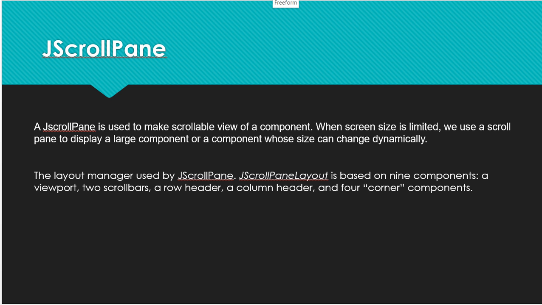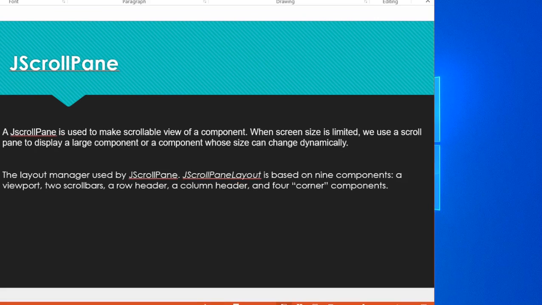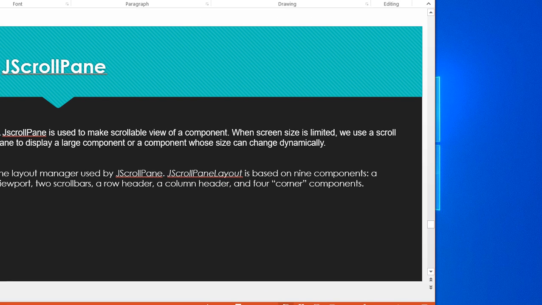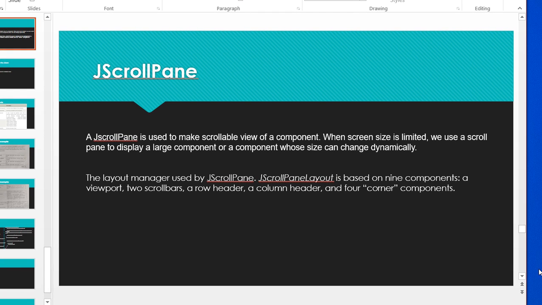So for instance I will show, this is a PowerPoint presentation now. You are seeing, right? Here you can see this is a vertical scroll bar. If you drag this, it will move and show the value of this tab, like slide 36 of 44. So this is a vertical scroll pane. In the same way you can scroll horizontally also.